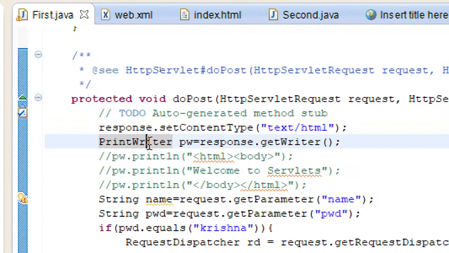It's been late, so let me stop it here. And tomorrow, before getting into XML, I'll show you some of the uses of JSP, and then I'll show you the uses of XML. Any queries, you can post them in the comment section, else post your roll numbers for attendance.